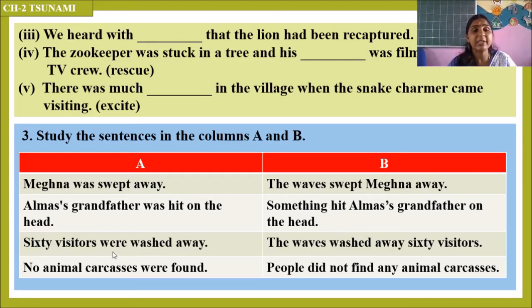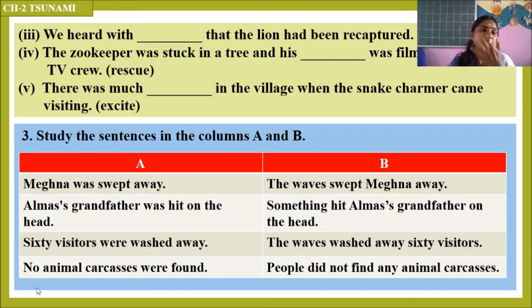Next, 60 visitors were washed away. How many visitors were washed away? 60 visitors. But how? Is it a flood? Is it a tsunami? Or is it a rain? We cannot guess, right? Because the doer is not here. Doer means who does the action. But the doer is not mentioned here. Here in B column, the waves washed away 60 visitors. Here the waves are the doers. So it is a doer and it tells who or what washed away those 60